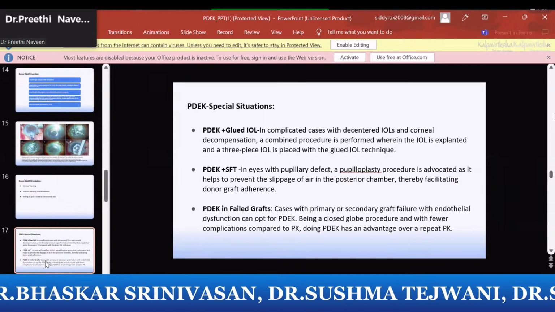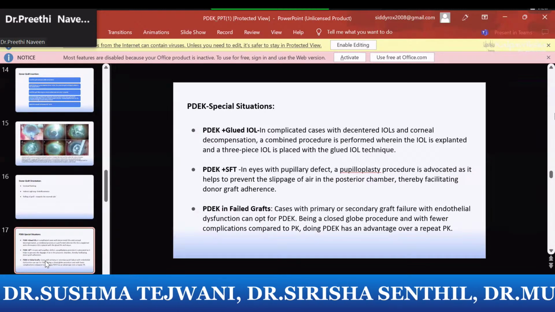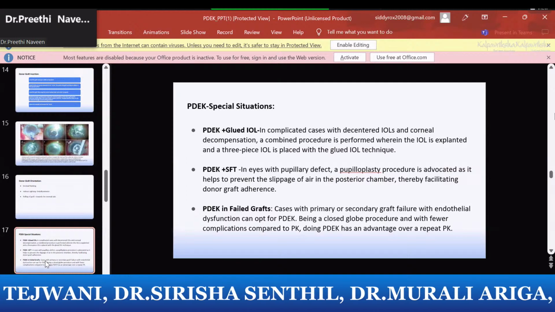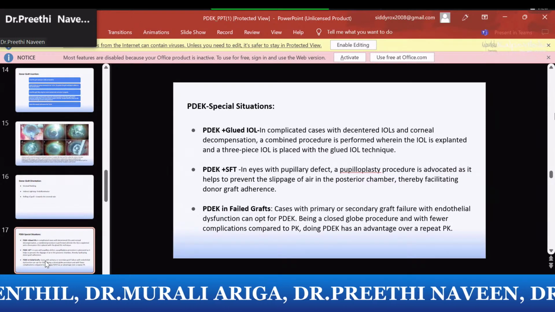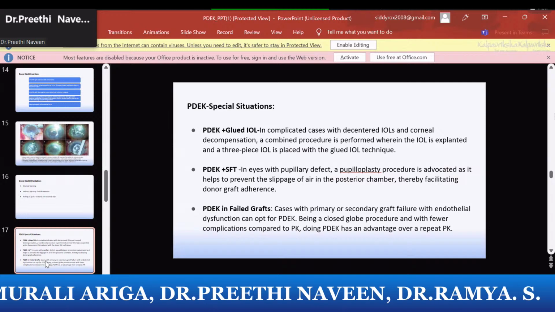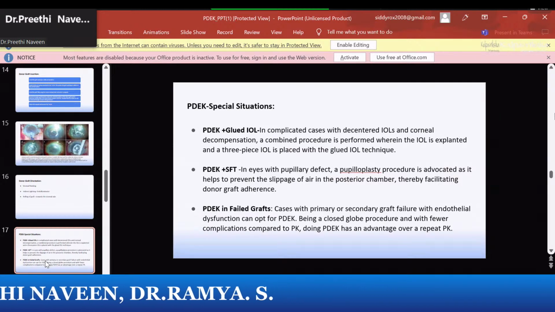PDEK in special situations: before you start any keratoplasty or endothelial keratoplasty procedure, we would like to make sure the other parts of the anterior segment are settled well. So if there is aphakia, you would want to put in a glued IOL. And if there is an irregular pupil, you would want to make an SFT so that when you inject your graft, there is a proper platform for it to settle in,